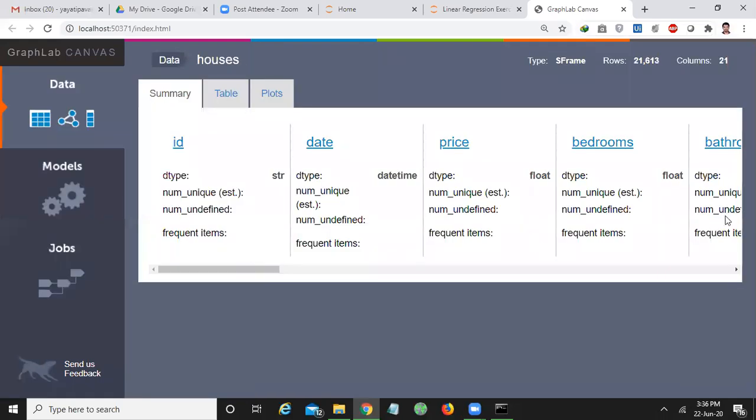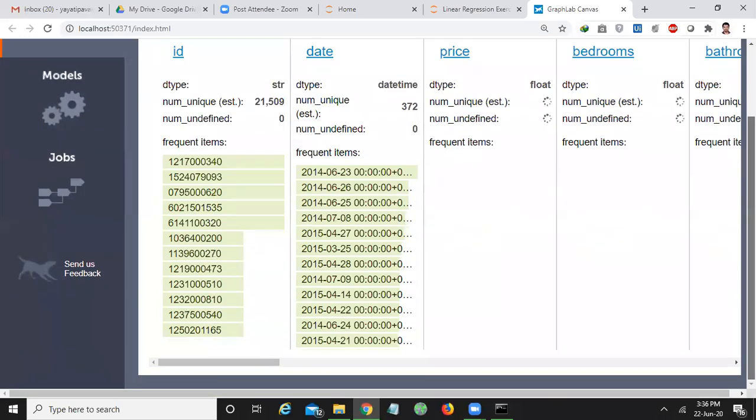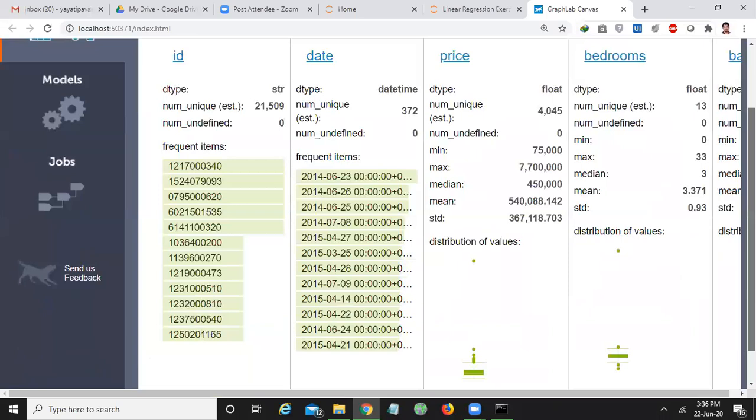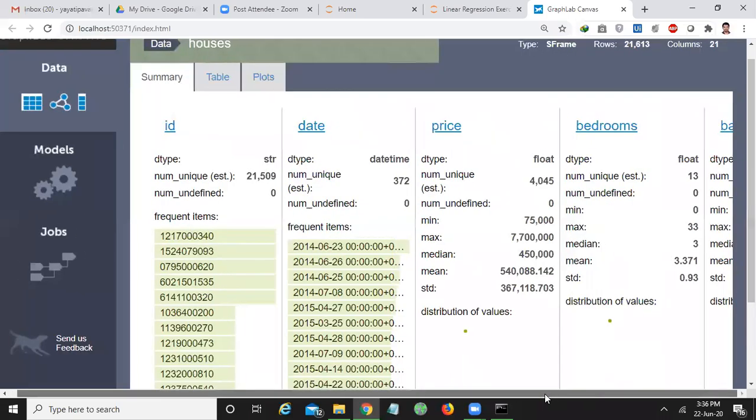So here I'm not printing the values in the notebook itself. I have not set the notebook as the target, so it is opening in a separate window. It is still loading the columns as it has 20 columns, and with ID we have 21 columns and totally 21,613 records. Or I can say that 21,613 houses are there in your data set, with 21 columns.